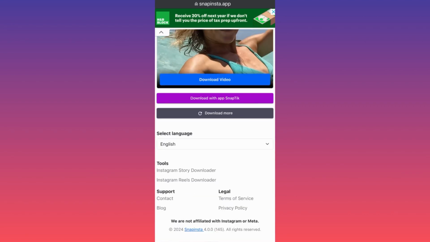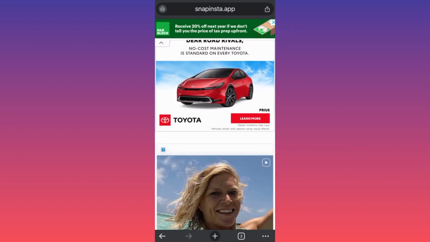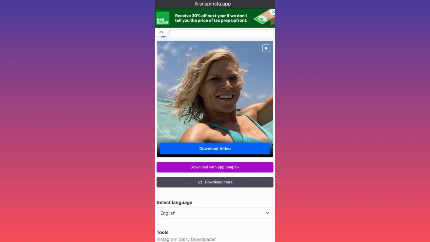You wanna make sure guys that you always check which link is the accurate one and don't click on some spammy advertisement with a fake